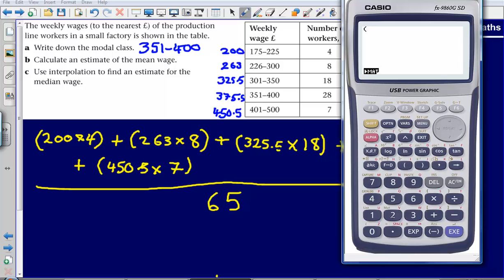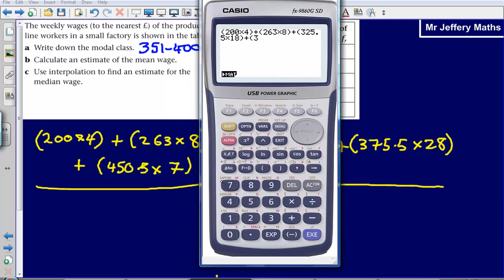So 200 times 4, plus 263 times 8, plus 325.5 times 18, plus what's the next one? Can't see it. 375.5 times 28, plus last one, 450.5 times 7, and that comes to 22,430.5, and then we're just going to